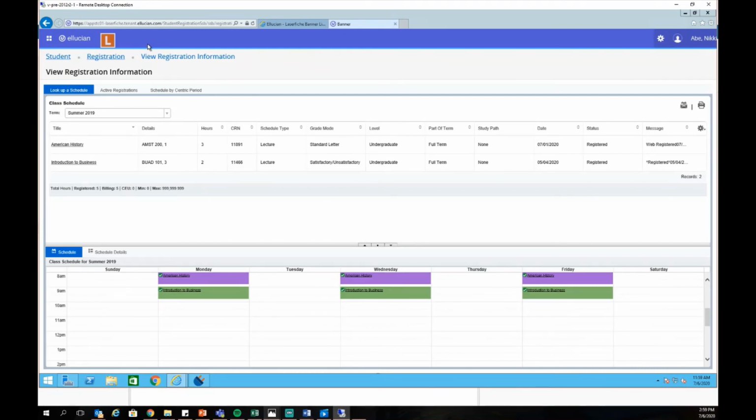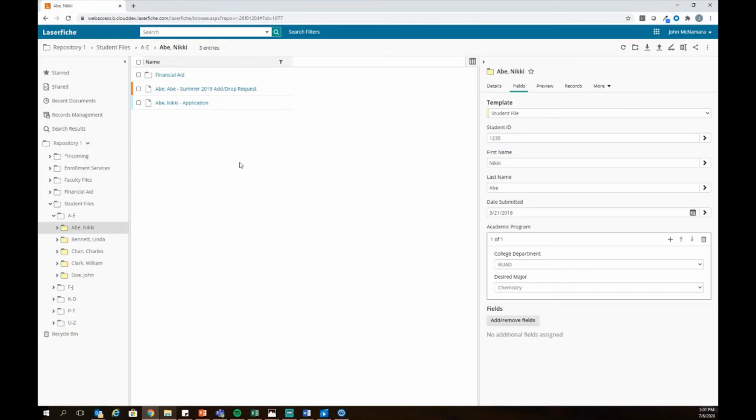In addition, we can also use Laserfiche tools to connect the Banner interface with documents stored in Laserfiche. Using a no-code, wizard-driven integration tool called Laserfiche Connector, we can navigate to the student's file directly within the repository. From here, we can see all of the documents associated with this student. This creates a more seamless user experience for staff members, as they are able to continue working out of the familiar Banner interface and pull up student files with a single click, without needing to learn the interface for a